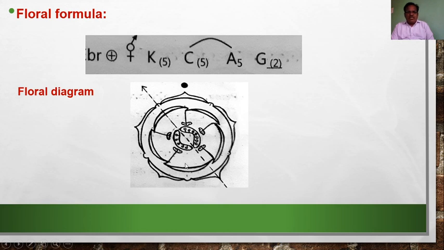And the androecium, or stamens, are 5. They remain attached to the corolla alternately, or to the petals alternately. Pay attention here. So they are epipetalous, joined to the petal. And centrally located there is the ovary, TS of ovary, having an outgrowth which is nothing but the placenta, and on this swollen placenta a number of ovules are present.